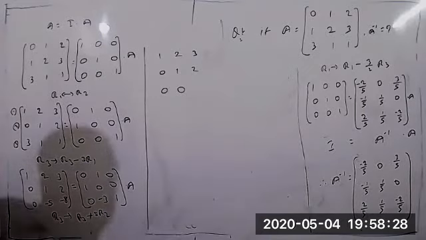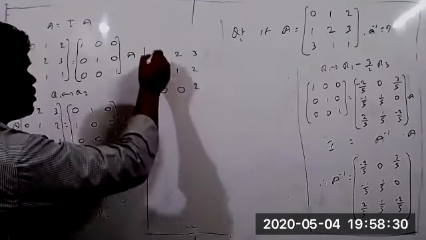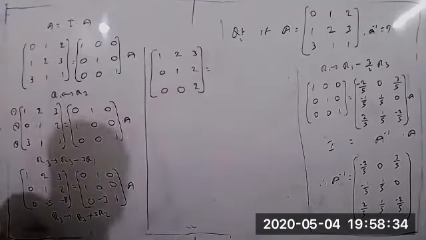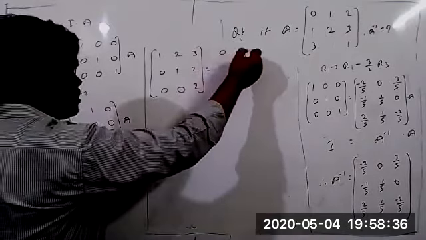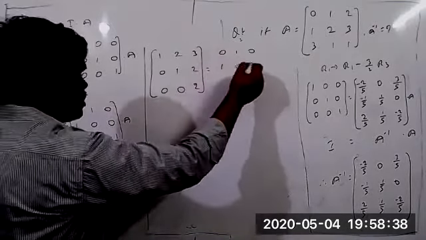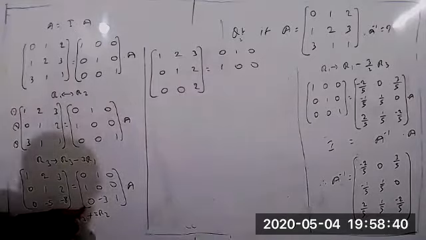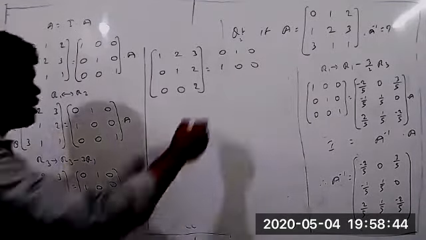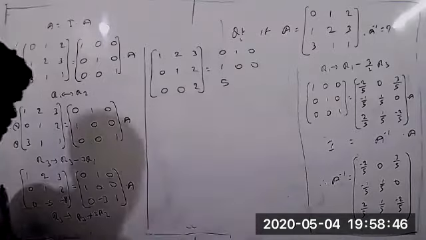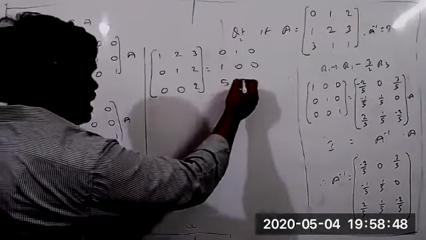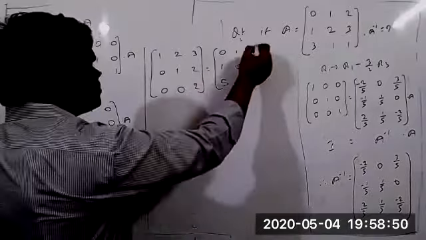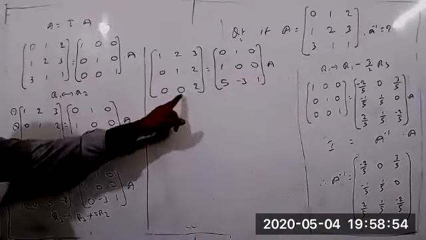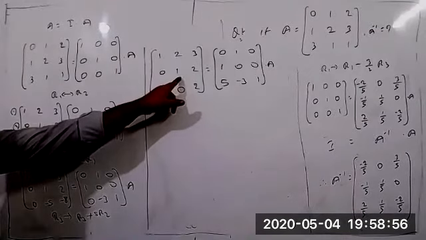So minus 8 plus 10 equal to 2. Here also you can change now: 0, 1, 0, 1, 0, 0. 5 minus 3, 1. This is almost 0 plus 5 into 1, so 5, then 5 minus 3, and then 1, minus 3 and 1 into A1. So we got 1 0 0, 0 1 0 like this.